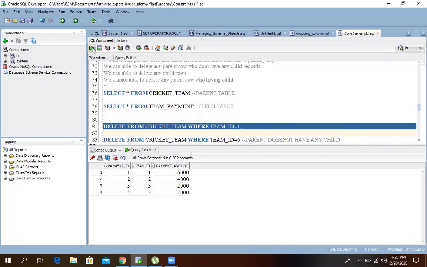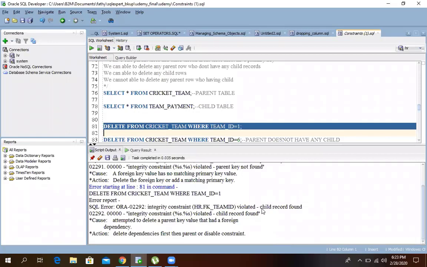So the concept is what? A child record found message is coming. Oracle is not allowing us to delete this record. Why? Because team ID 1 has some children in my child table.